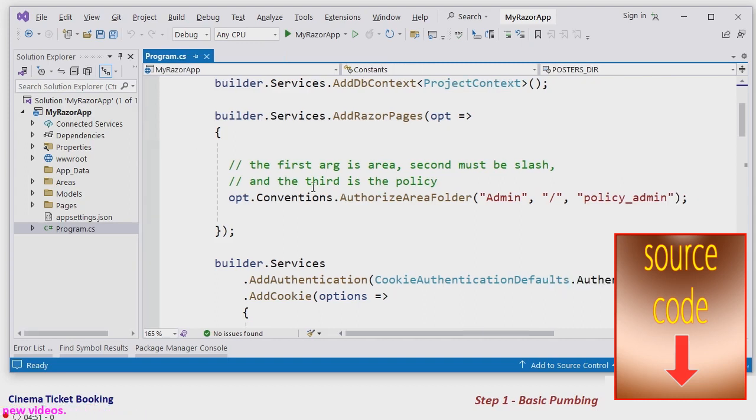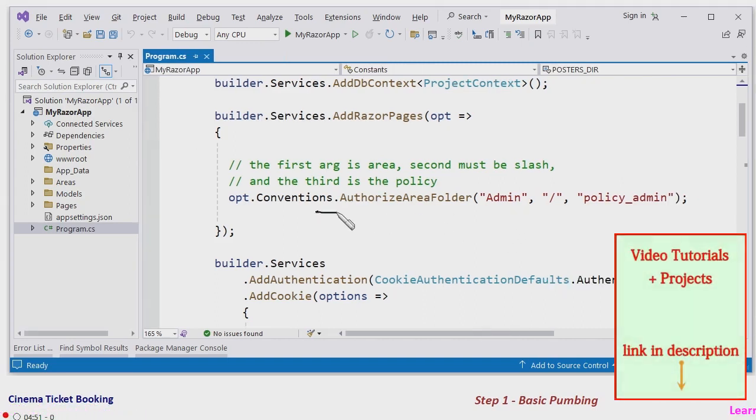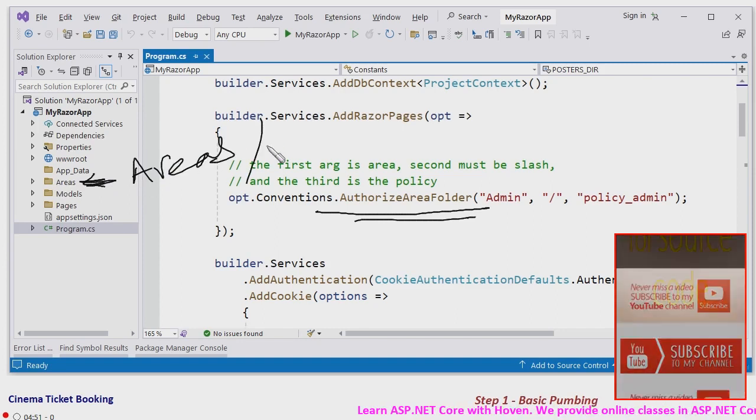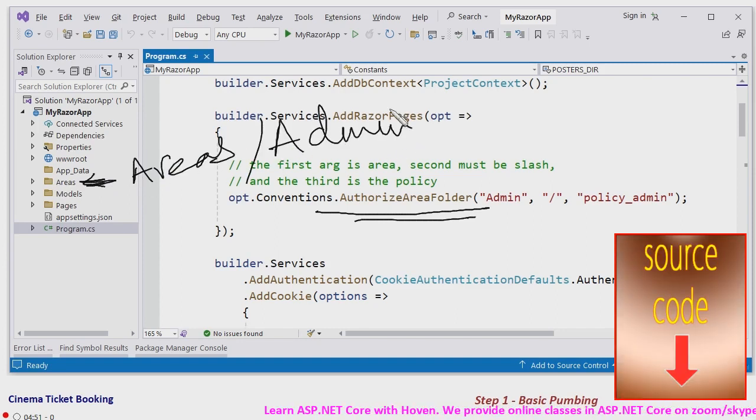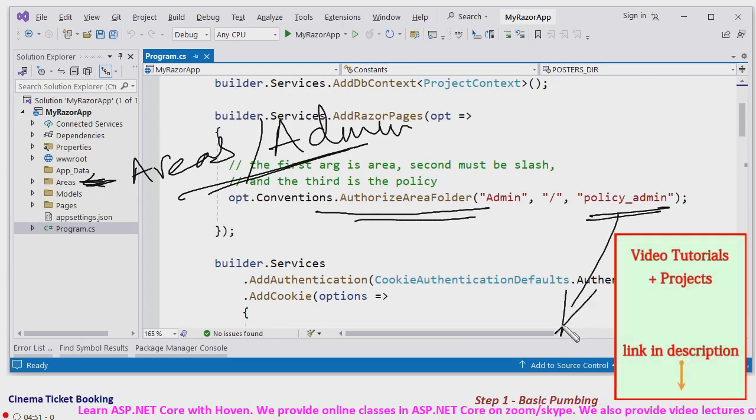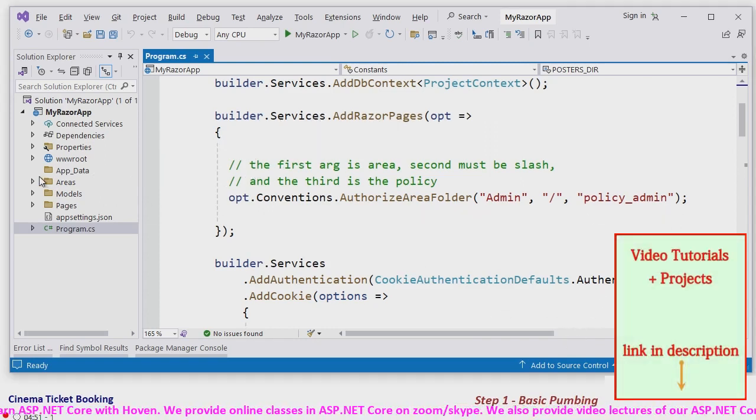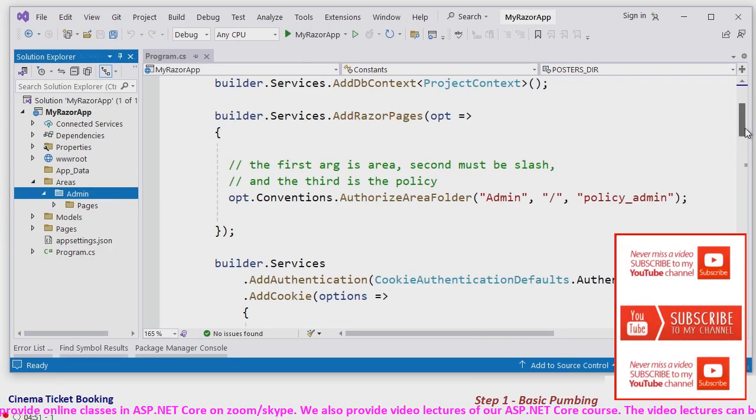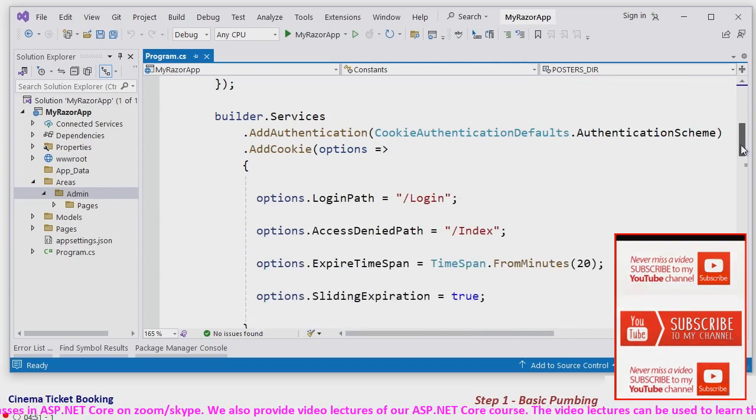let me shorten it. Here we have the authorization for the admin page, for the area admin. So there is an admin under the areas folder, and for this we have a policy underscore admin that we'll decide sometime next below. This is the admin folder that we have talked about here, and then